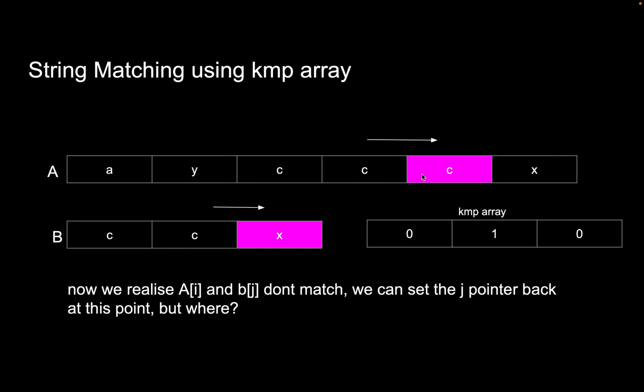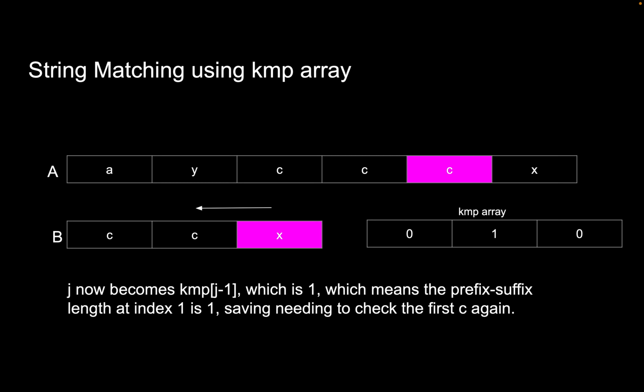And now we are at a point where we realize that ai and bj do not match, right? Notice that we can set the j pointer backwards, but where do we set it back to? j now becomes KMP[j minus 1]. Notice that KMP[j minus 1] is 1, because j is 2, 2 minus 1 is 1, and KMP[1] is 1, right? So we go back to this point and we check whether cc has been matched. And if it does, we can just proceed on, and then we realize that there has been a complete match made here,